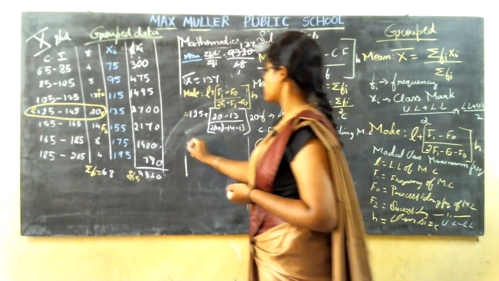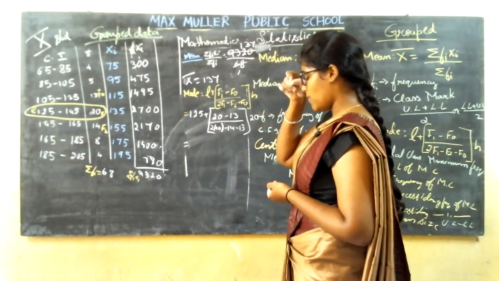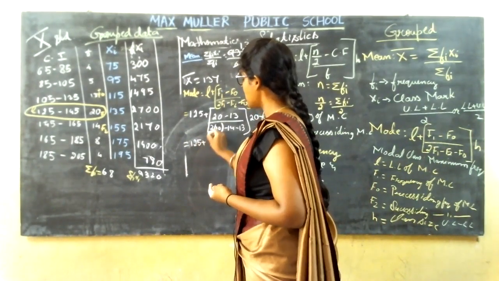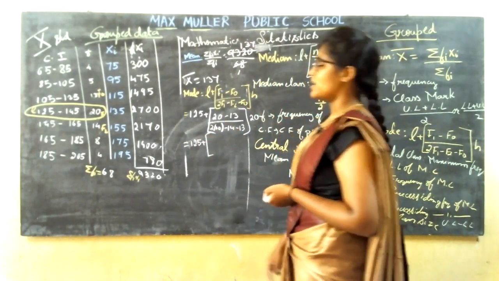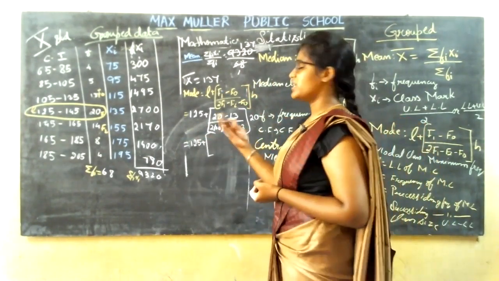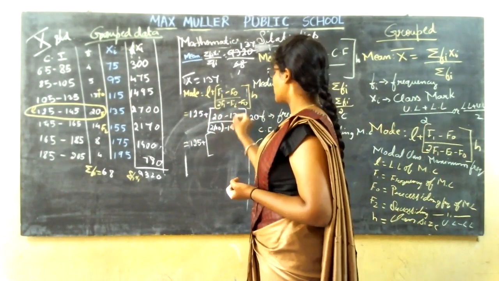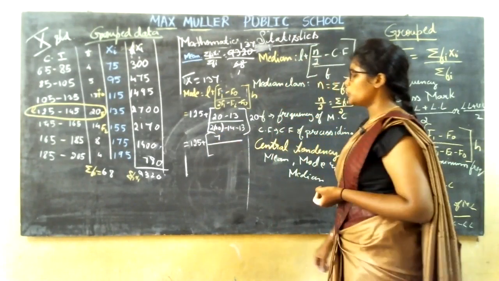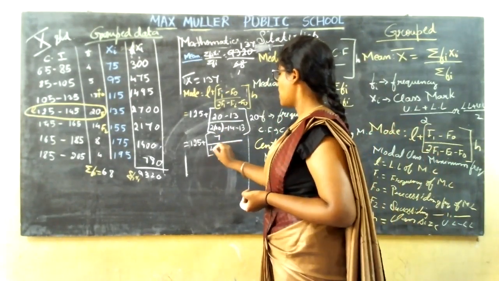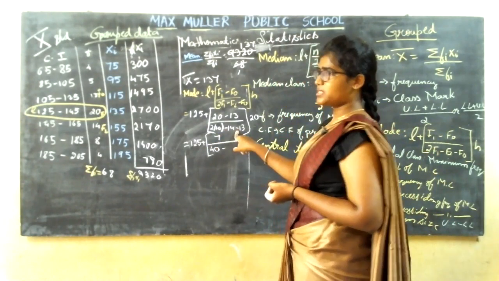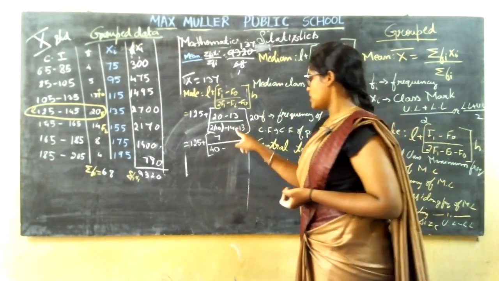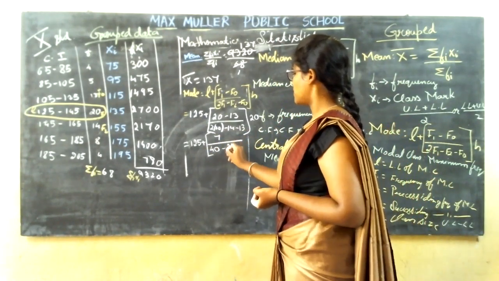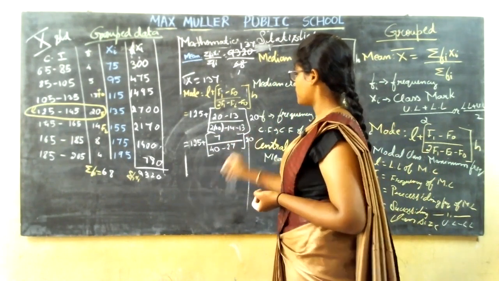Now what are the things you are going to do? You are going to just subtract, divide and multiply. That's all. 125, let me keep it as it is, plus let me open the bracket. So in 20, if 13 goes, how much you will be left with? In 10, 3 goes, it is 7. So in 20, 13 goes, it is also 7 divided by 2 20s are 40, correct? Minus, since they are in minus sign, you are going to add and put the minus sign. So 3 plus 4 will be 7 and 2 plus 1 plus 1 will be 2 into 20.